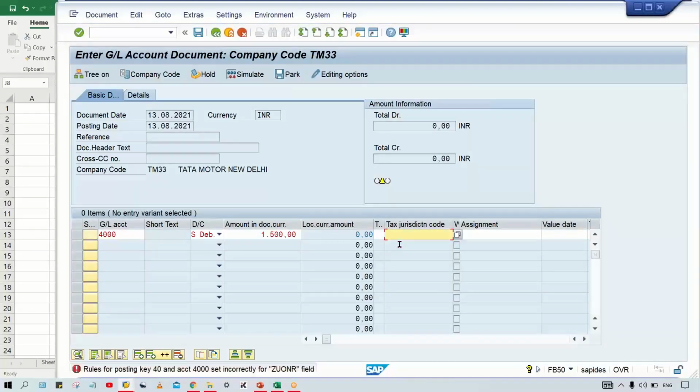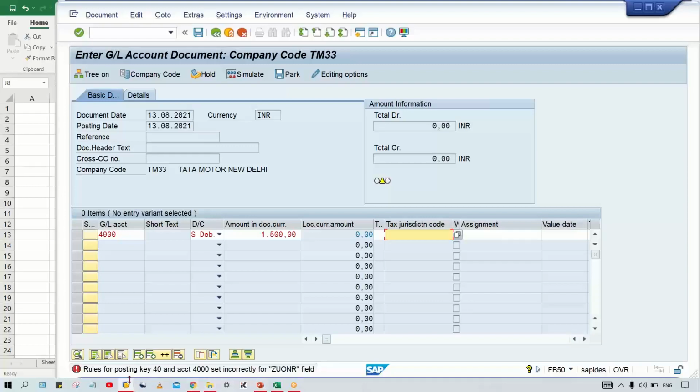Like on one side I said it is supposed to be suppressed. At the same time, on the other side I am saying that it is supposed to be required, right? So in that case, the system is saying that no, either it is supposed to be suppressed or optional. Suppressed and optional means the system is going to take suppressed, in the sense that optional means not much important, right? So if somewhere we have suppressed, the system is going to take that. But on the other side, we are saying suppressed means I don't have any requirement, and required means that yes, this must be a required entry, right? So in that case, there is a conflict. So the rule for posting key 40 and this account is set incorrectly, for which field? For the assignment number